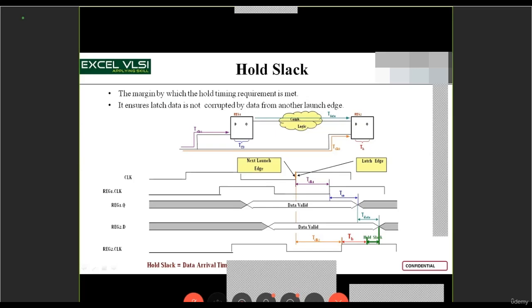Now there's a question: if we are having violations in pre-layout STA analysis, what do we do? A margin will be set according to your frequency, as I told you. If I have complete paths in my circuit, say some 200 to 300 paths, and out of them 40 to 50 paths are failing in the pre-layout stage,